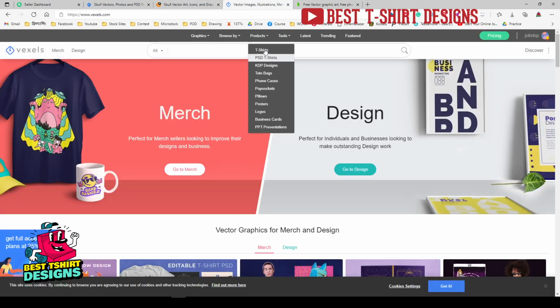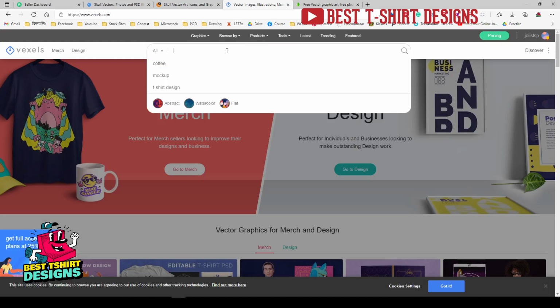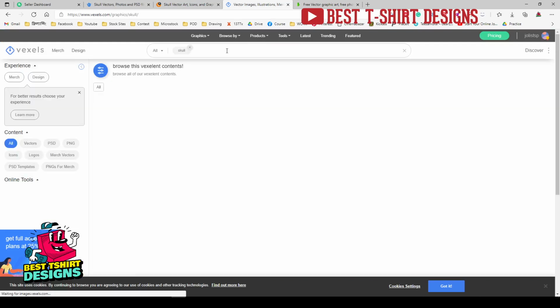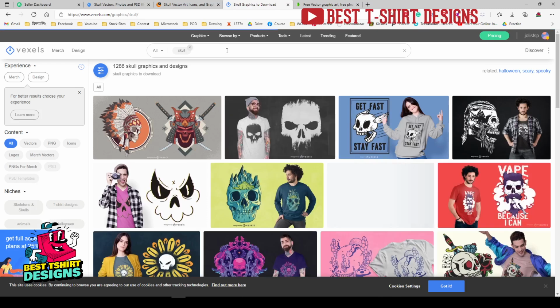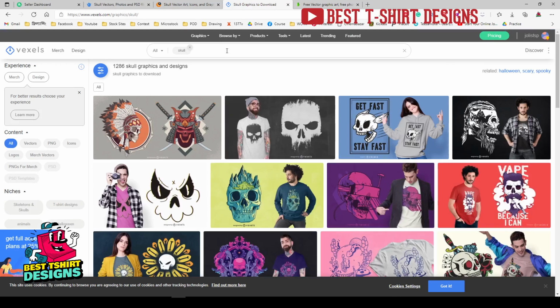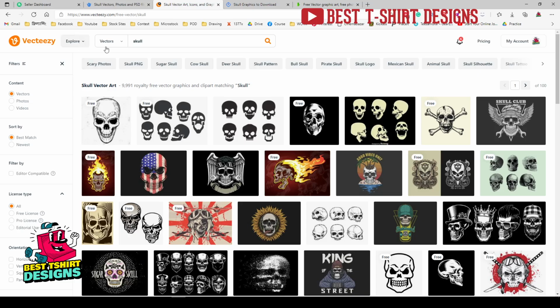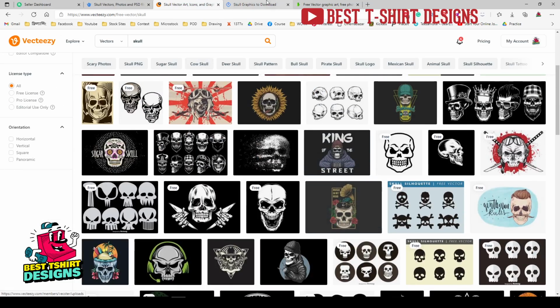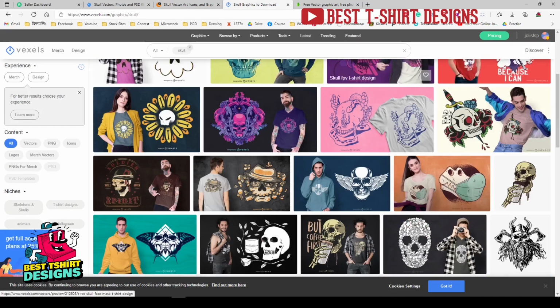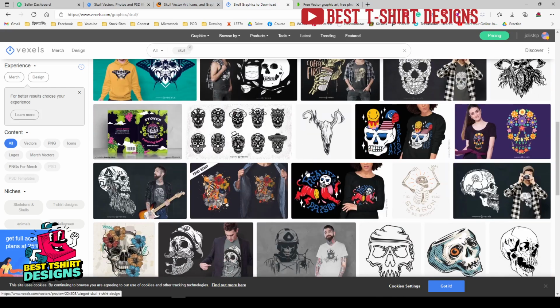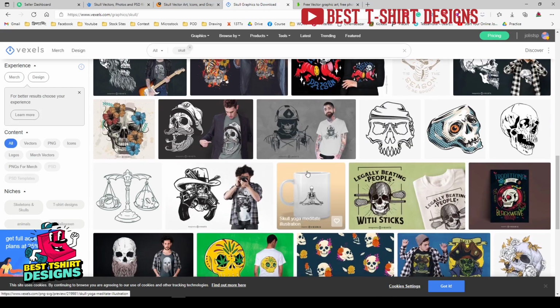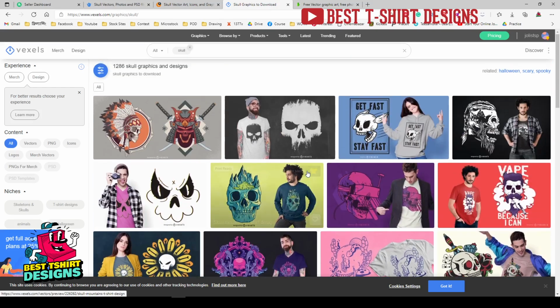And you can just search like here in vexels. So these websites are different from each other but very similar in quality, that is, all of them are working with similar graphics. Like you can see the results freepik shows for a skull are different, the results vecteezy shows for skulls are different, the results vexels shows for a skull are different. So whichever style you want to go with, you can buy the subscription. All of them work in the same way, that is, premium and free.